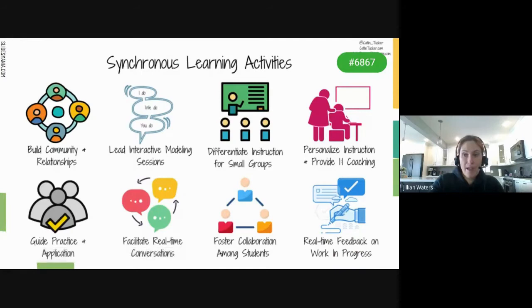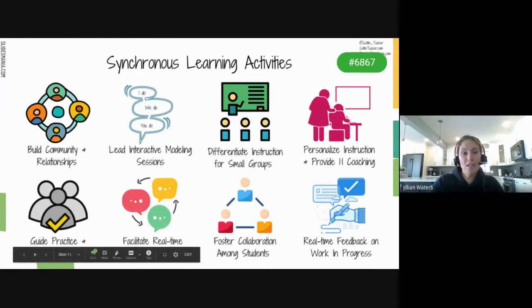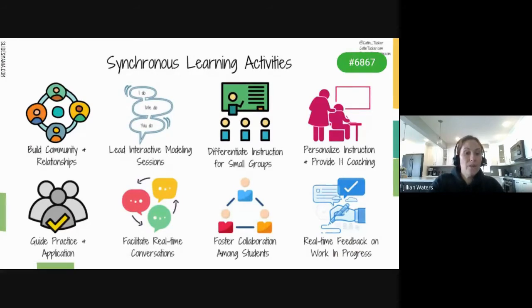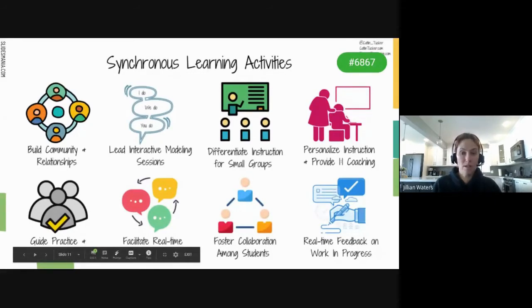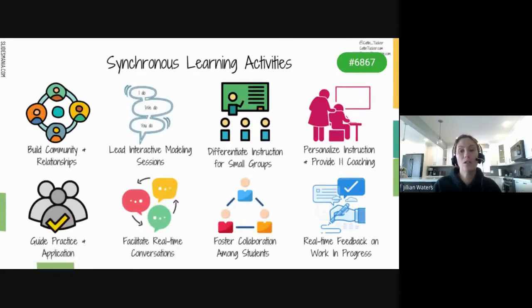This is a part of that Caitlin Tucker infographic, and it talks about synchronous learning activities. And building community and relationships is so key early on. Students can really want to engage in synchronous learning if they feel that they're part of a community, if they've gotten to know their peers, gotten to know you. Some of the things that teachers have talked about doing